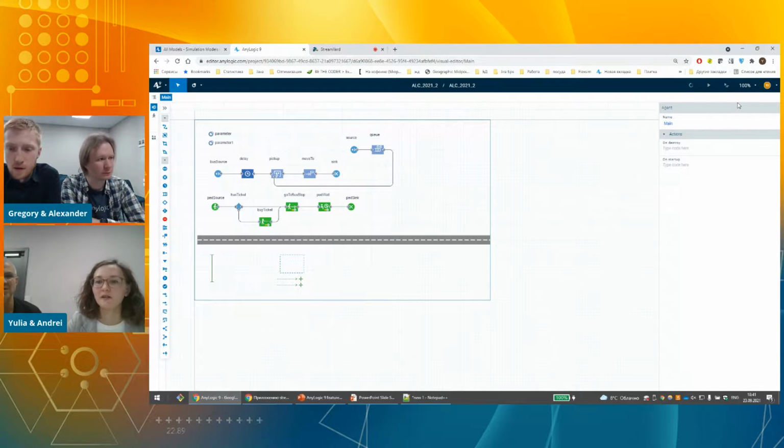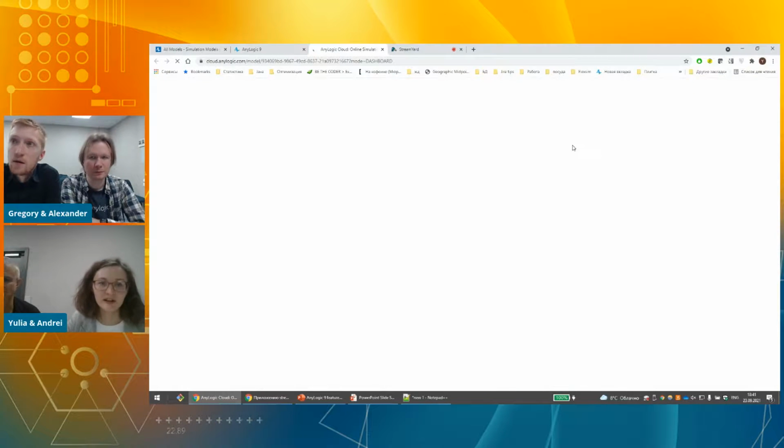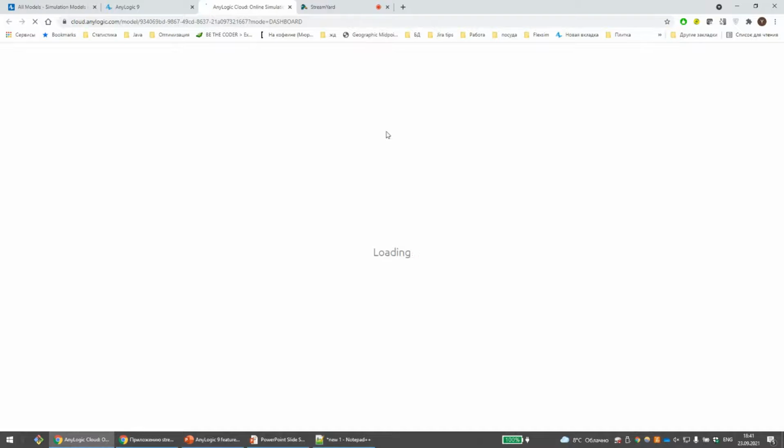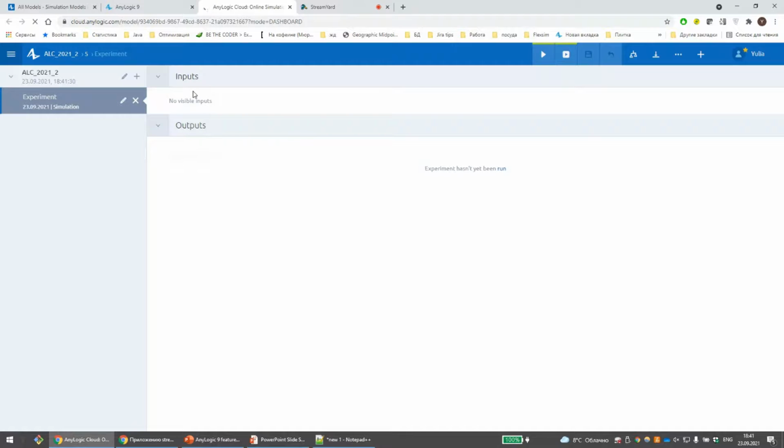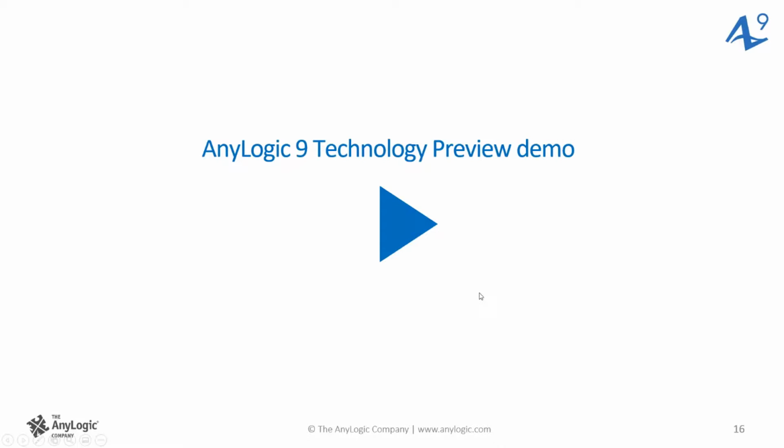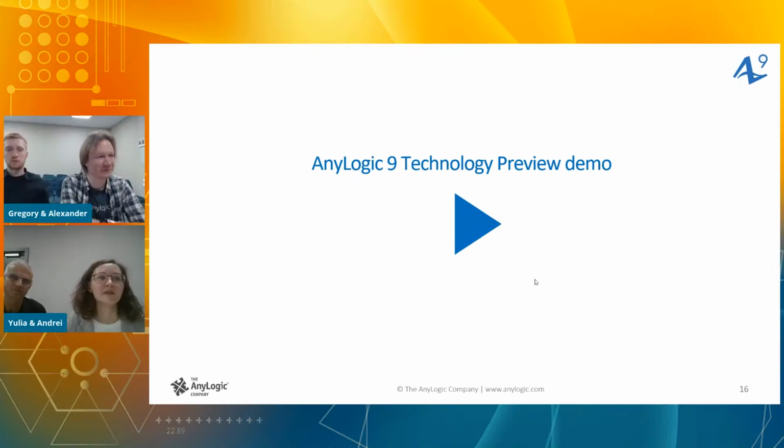And we can also go to the cloud experiment page, which opens in a separate tab, and brings us to the experiment page of this particular version. So we can also conduct an experiment here. I guess I'll not do this just because we will see the same picture. And let's go back to the slides. Okay, now you may turn full screen mode off and bring our video back. Thank you.